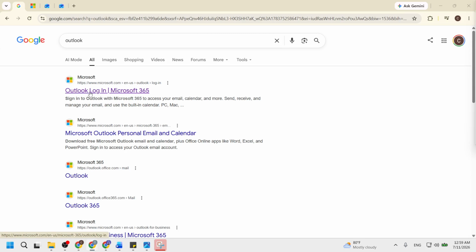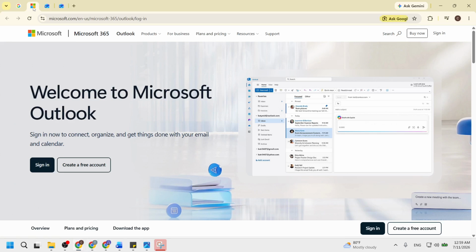Once you have the browser open and Outlook in your sights, the next step is to click the correct link. This is typically the one that includes Outlook in the URL. Clicking the right link is crucial as it takes you directly to the login page for your Outlook account. If you accidentally click on an unrelated link, you may end up on a different site or face potential security risks. Always double-check to make sure you are on the official Microsoft site before proceeding.